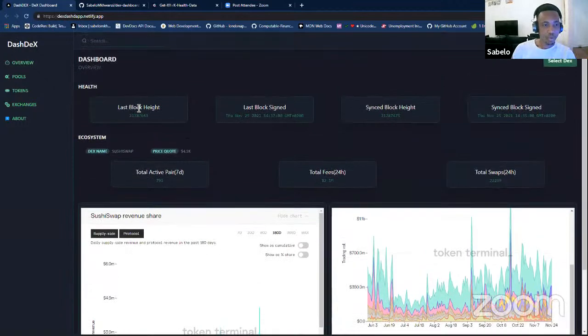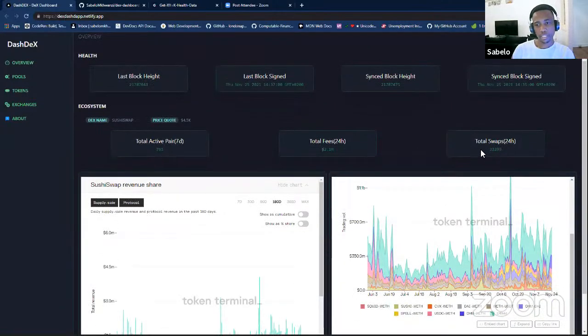What really impressed me, and inspired me, was the DEX name, the Sushi name, and the price codes, which I was able to fetch using the ecosystem API endpoints, then using the total active pairs, the total fees, the total swaps.